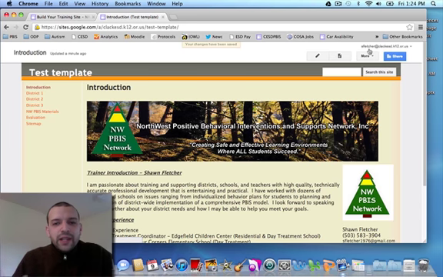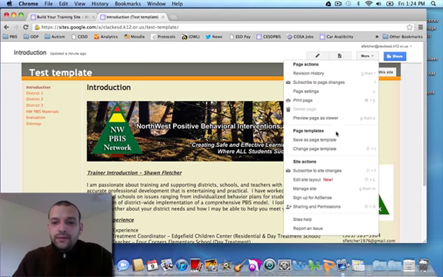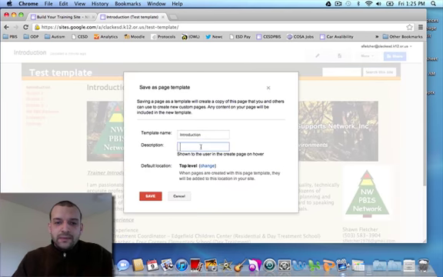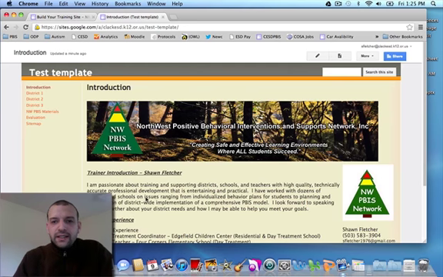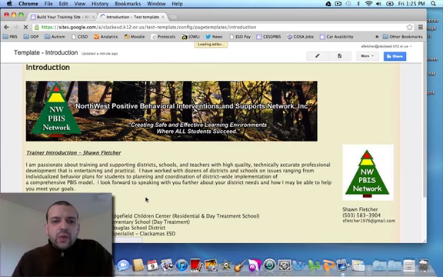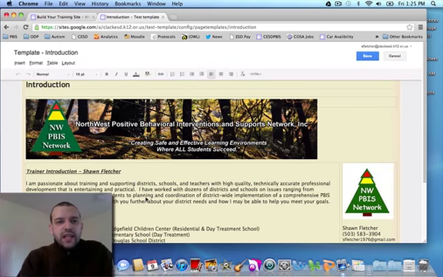Alright, we've got the page set up. You've got your picture imported in there. You've changed your contact information. We're going to save this page as a template to make some future edits easy. So what you'll do is go over to this button that says More, and we're going to go to Save Page as a Template, and we're going to call this Banner with Picture, and click Save. So what it'll do once you click the Save button is it'll take you to the page,